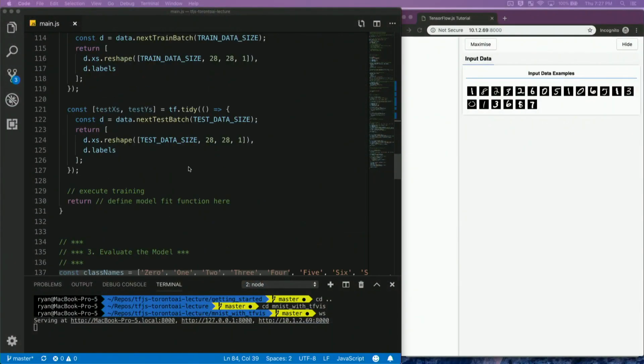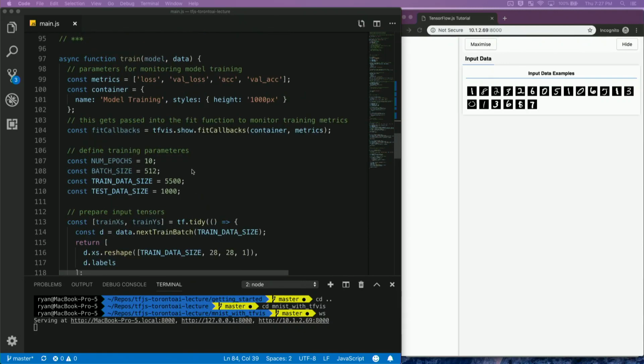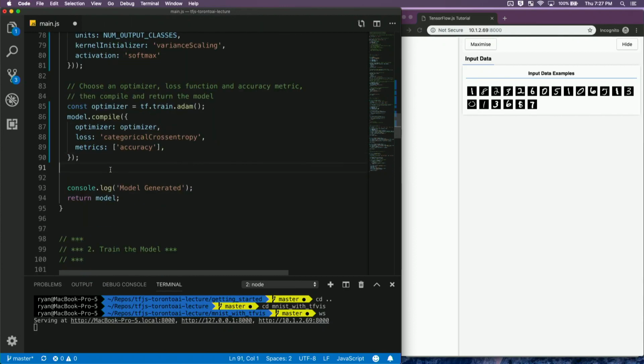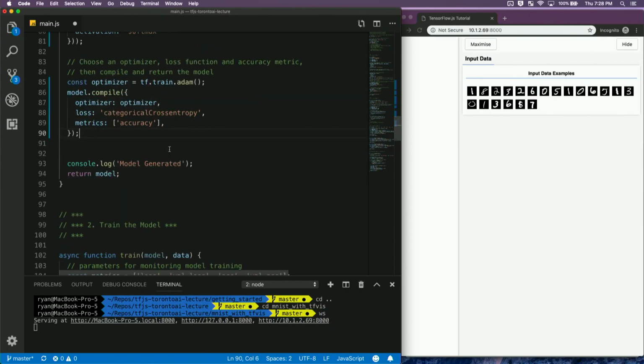So in this case, we have to, oh, there's one thing I didn't do. I didn't compile the model and define the optimizer. So speaking about 5 key steps, same as before, we define a loss function. In this case, we're using something called categorical cross entropy, and we're going to define also a metric this time that we want the TF Visor to track, which is accuracy. And then for the optimizer, we're now using the Adam optimizer with its default parameters.